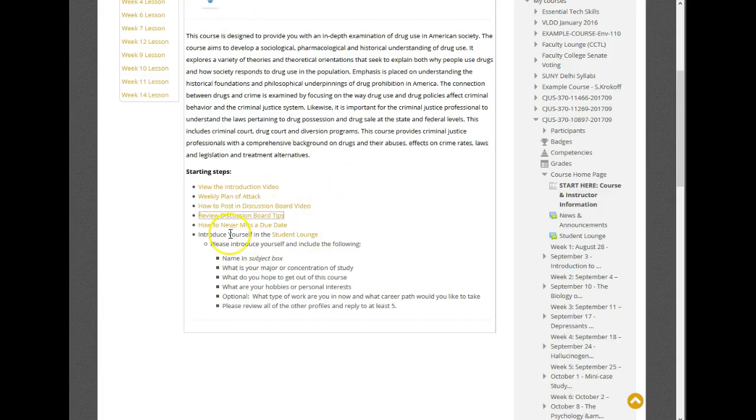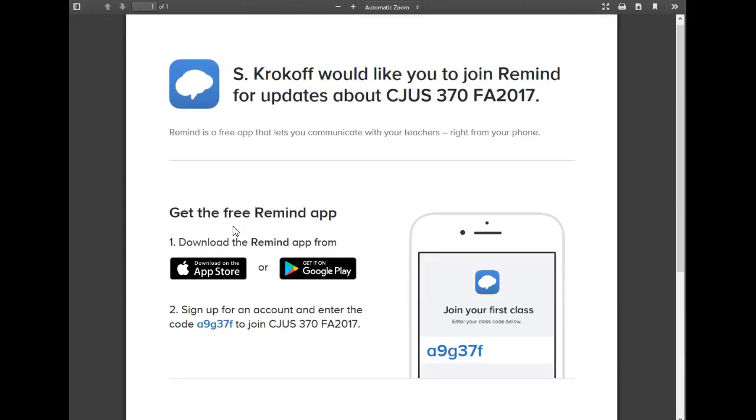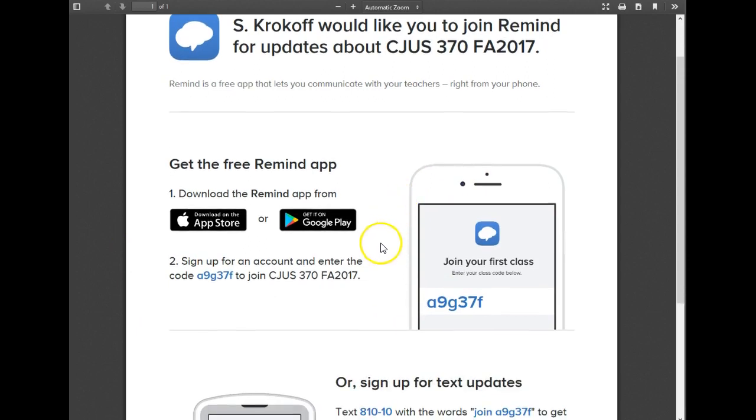One other thing in here is how to never miss a due date. This is entirely up to you if you want to get involved with something like this. I use an application called Remind. I've used it every semester. Those of you who have been in my previous classes know that I use it. It's a great way for you to never miss a due date. I enter all the due dates for all my assignments in Remind, and it will automatically either send it through a text, or if you have a smartphone, you just click on that and you can get it right through your smartphone.